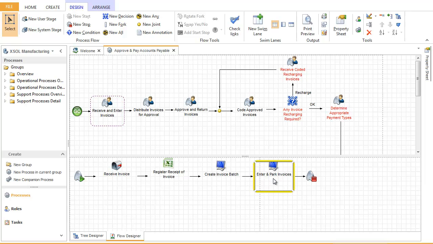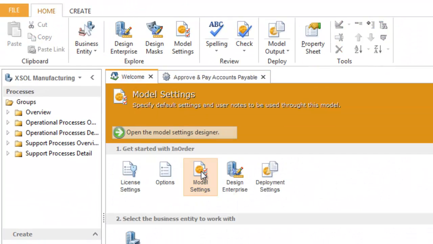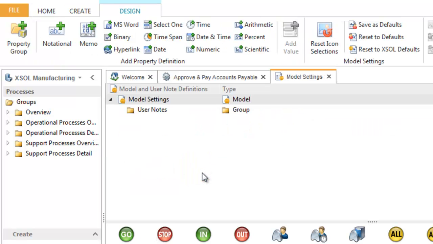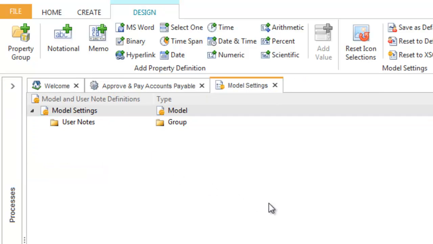It is up to the user to define the different types of notes that they wish to capture. Notes can be defined from the Model Settings area. If we move to the Welcomes tab and select Model Settings, it will bring us into the Model Settings tab. From here, we can see in the Design ribbon the different types of user properties which can be added to